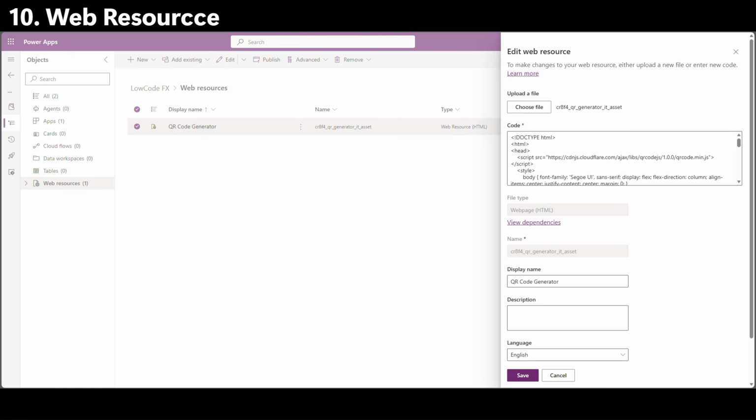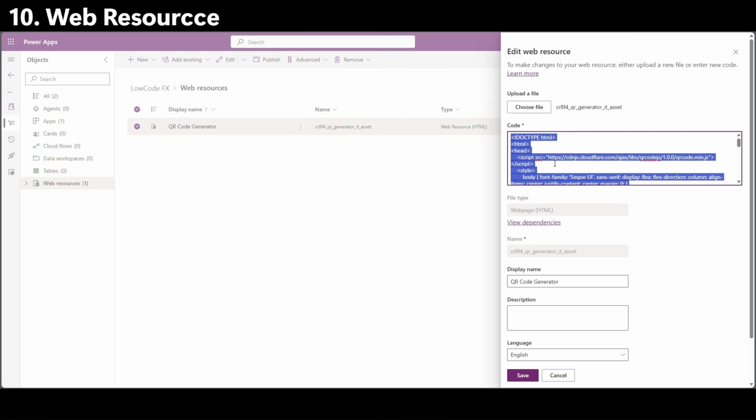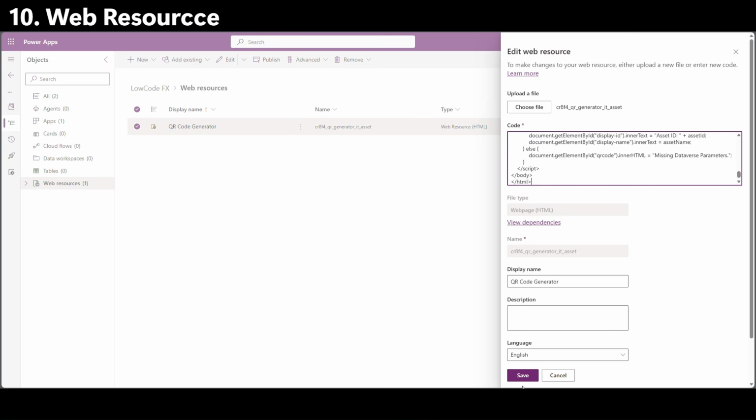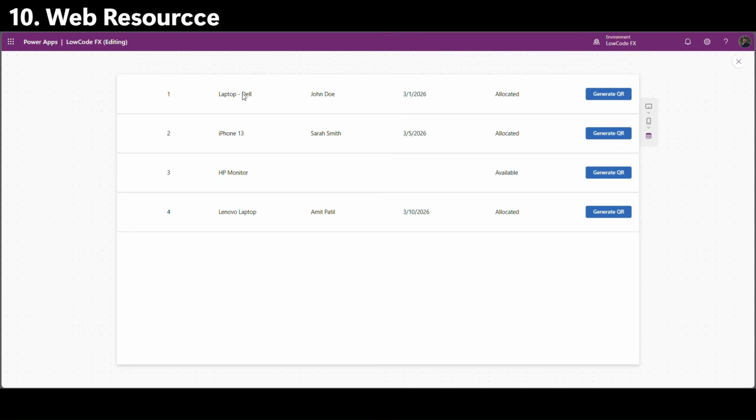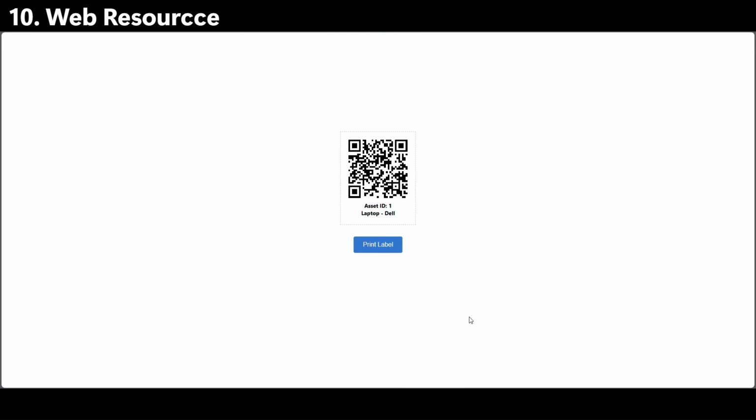Let's copy it again. I need to go to web resource, select all and paste it again, save. I need to publish it again. Let's try again. Perfect. Now we got the QR code as well as asset ID number and asset name